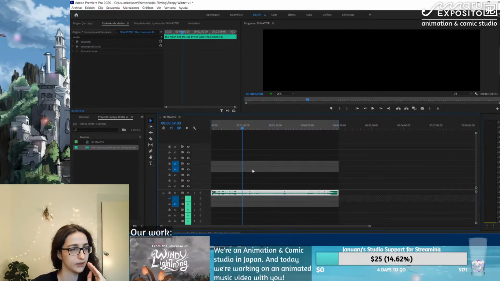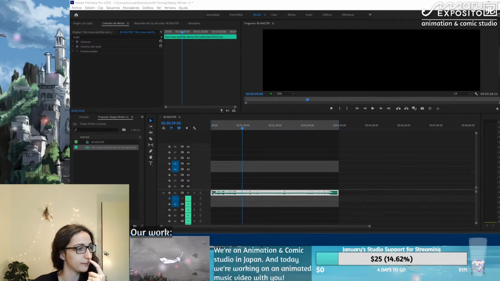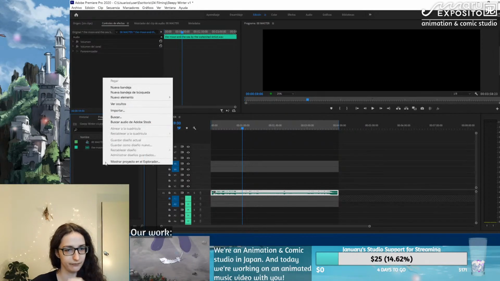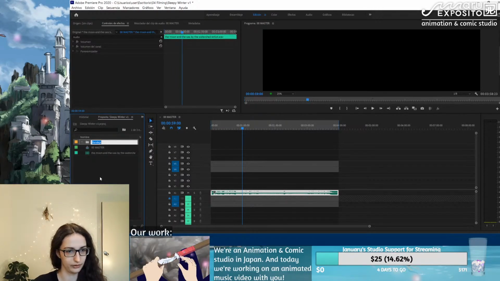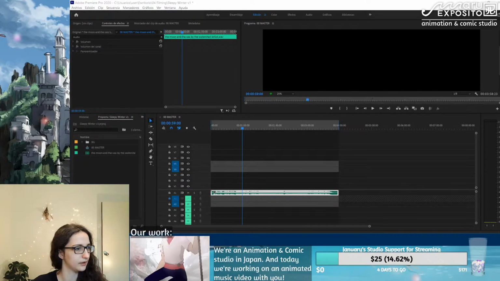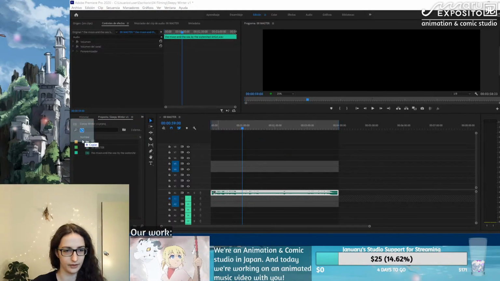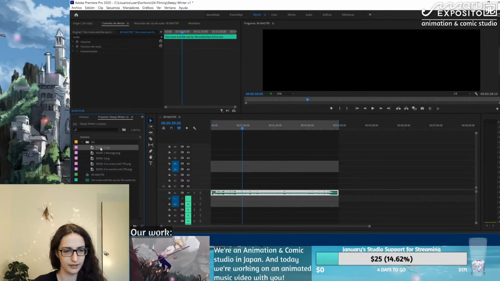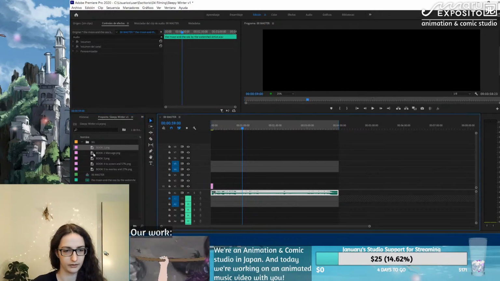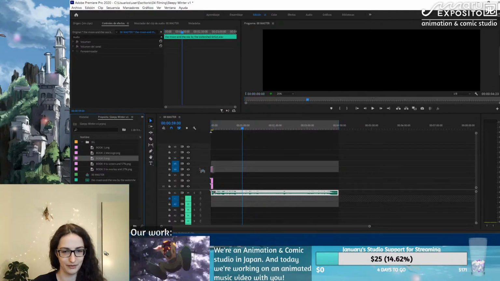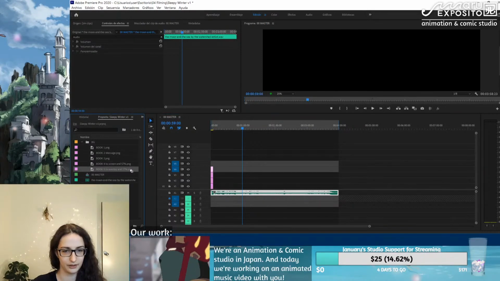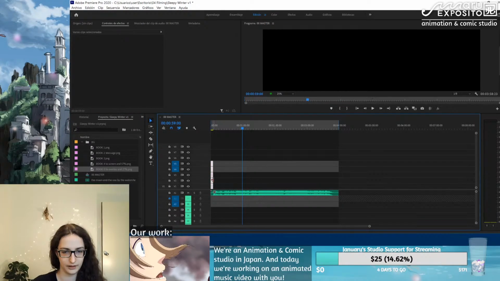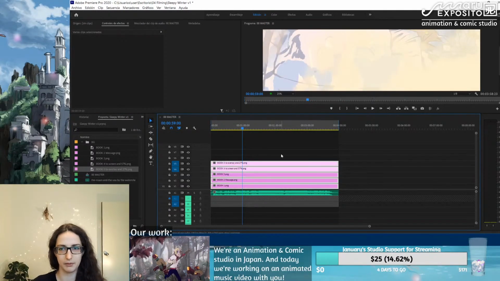Why is this important? It's important because the background will have the same length. Then, animation background. Okay, so we'll make folders here, like the project folders where I import all the things. You can drag things here or you can drag them here. Usually I drag them inside the folder when it's a lot, so then I can look for things easily. So background 1, 2, remember it's reverse, 3, 4 and 5, and we want it to be as long as the music. This will be an eternal loop,